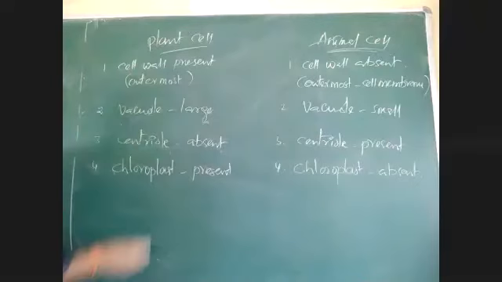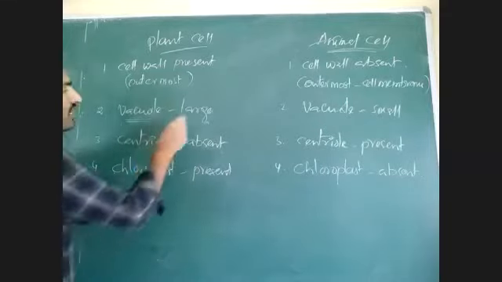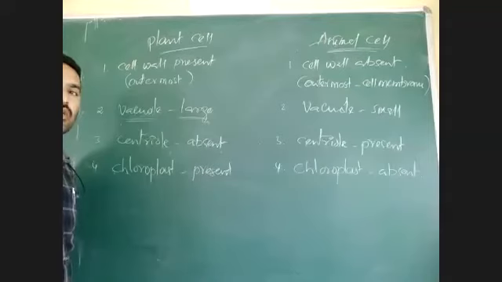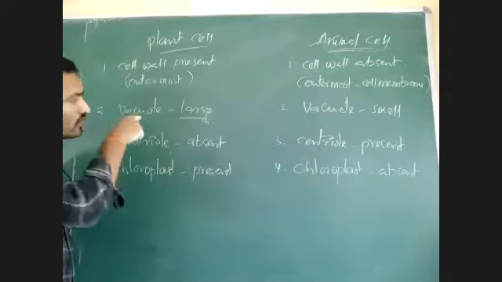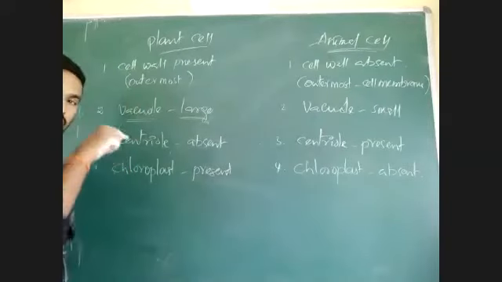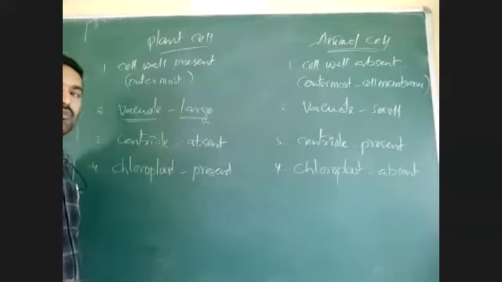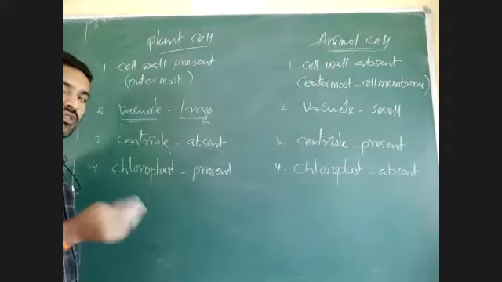But in a plant cell, the vacuole is present in large size. Why is there a large vacuole? The main function of the vacuole is the storage of water. Water storage is the major function of the vacuole. When we come to the vacuole in this chapter, we will see that the vacuole is mainly responsible for storage of water and exchange of water from inside to outside.